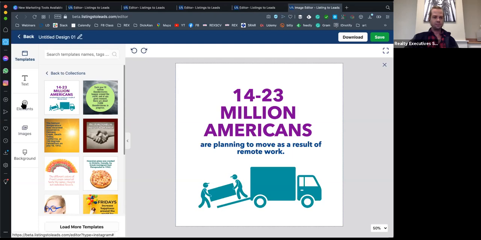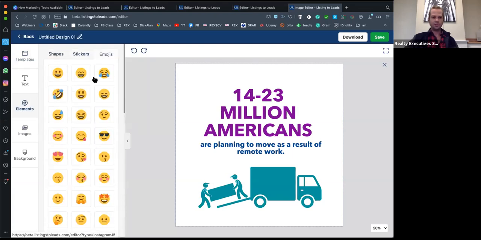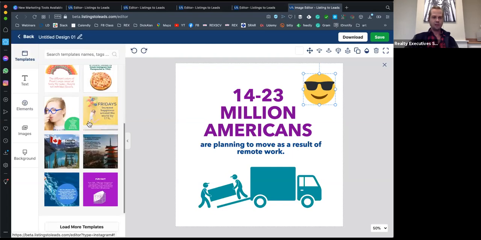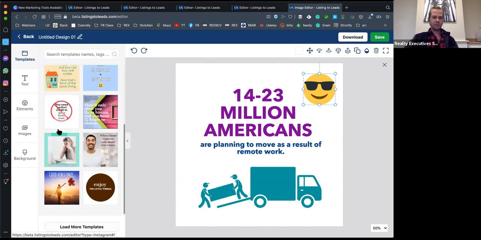If you wanted, you could add a different element on there. These are just pre-made things. So maybe you wanted to put an emoji on here or something, or whatever it is. You can play around with the stuff, but there are some pre-made templates in here as well that you can take a look at. We're not going to go through all of them, but there's some memes here,